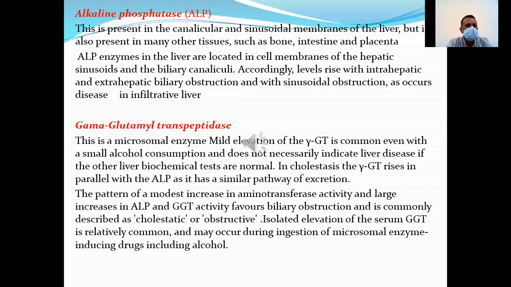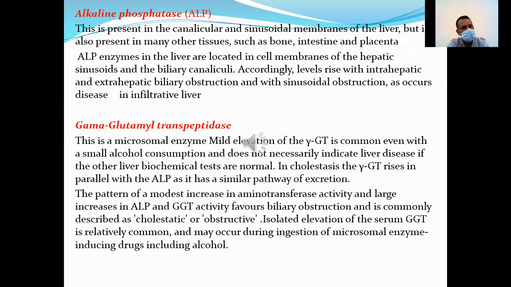This enzyme helps us determine whether there is biliary obstruction or not, an increase in obstructive jaundice. Another enzyme is called gamma glutamyl transferase. This is a microsomal enzyme. A mild elevation of this enzyme is common even with a small alcohol consumption and does not necessarily indicate